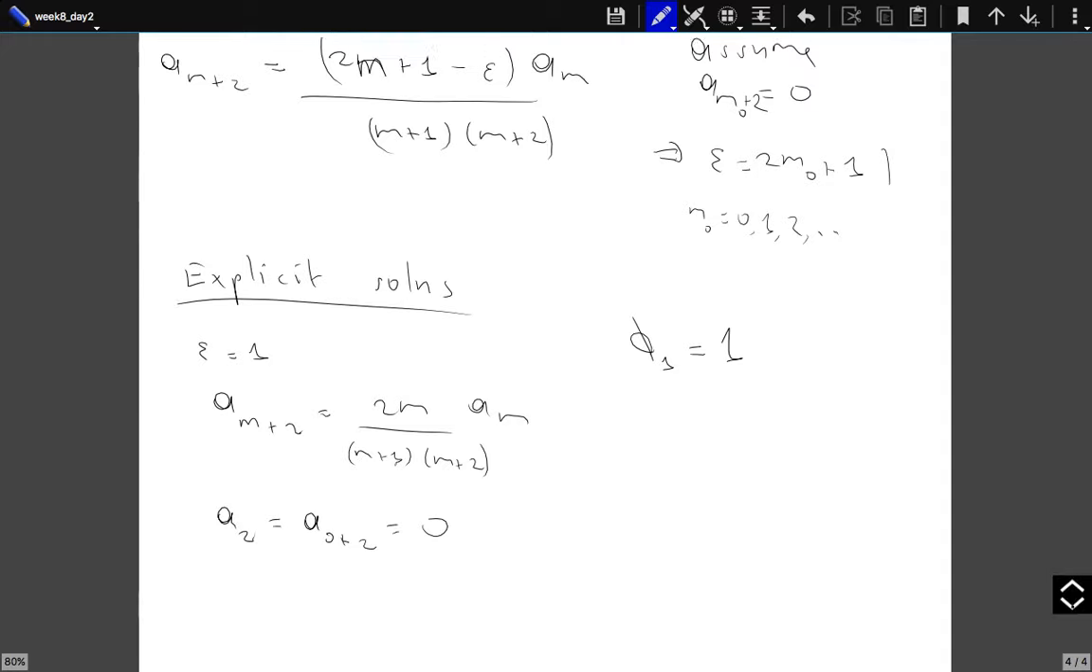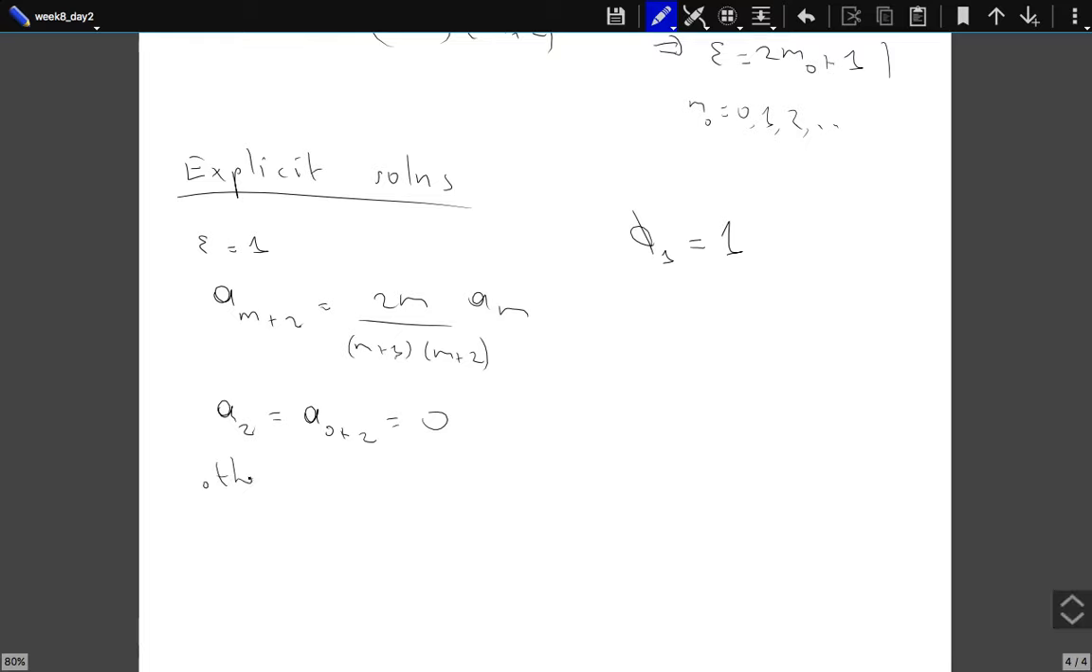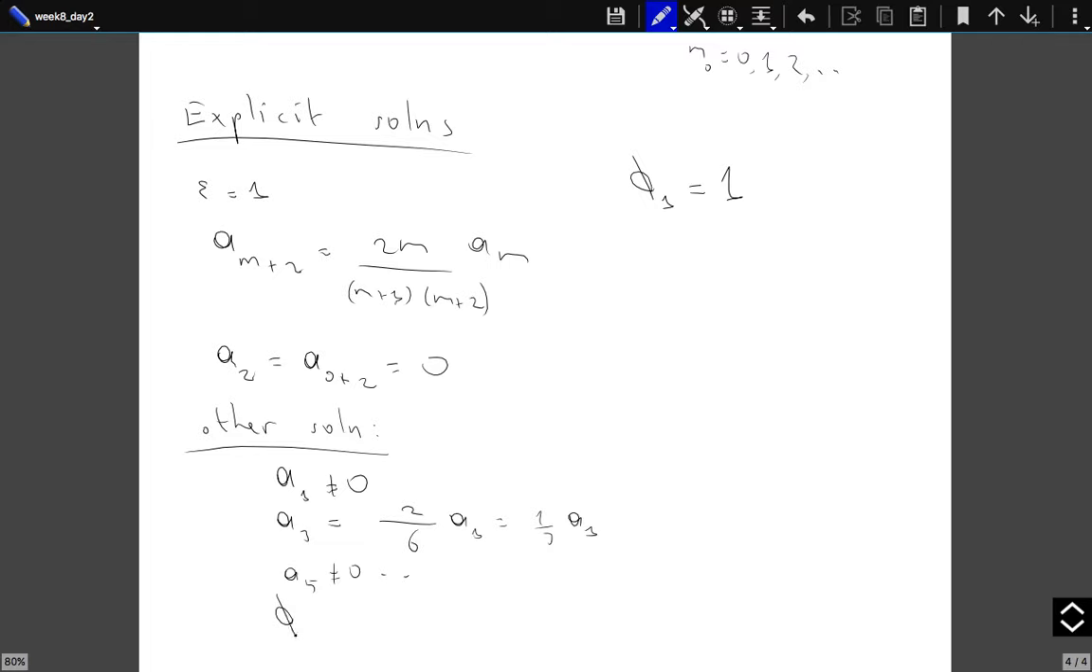Well, you see, this is one solution. For the other solution, A1 is non-zero, A3 is 2 over, let's say M is 1, so 2 times 3 is 6, A1, 1/3 A1, A5 is non-zero, etc. So you obtain a solution phi, let me put a tilde over here, corresponding to epsilon equal to 1,